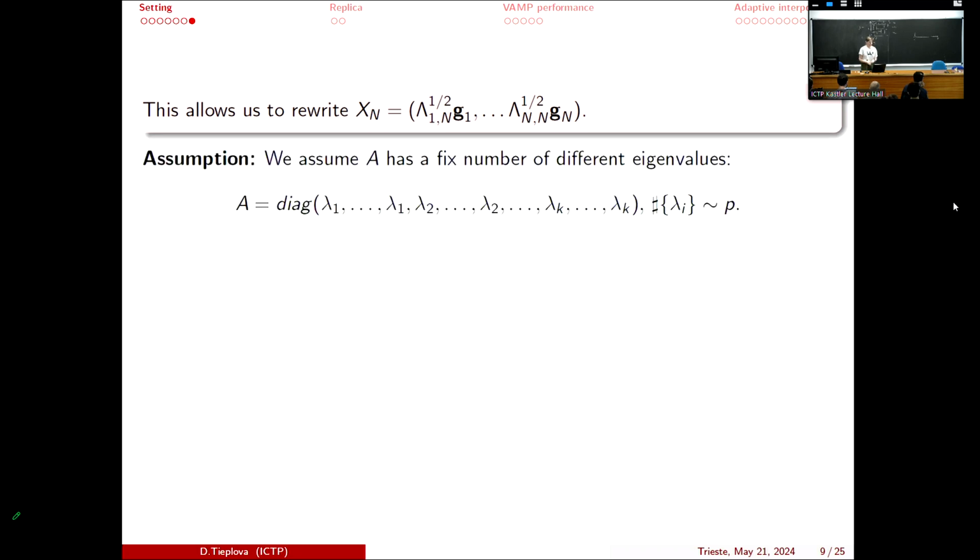Okay. So unfortunately, we need to put some additional assumption on matrix A. We know that it's diagonal, but we also want the number of eigenvalues to not be too big. So we are fixing the number of eigenvalues, denoting it by k. And we are assuming that the multiplicity of each eigenvalue goes to infinity together with p at the same speed. So basically it means that we want each eigenvalue to have more or less the same degree of multiplicity, right?